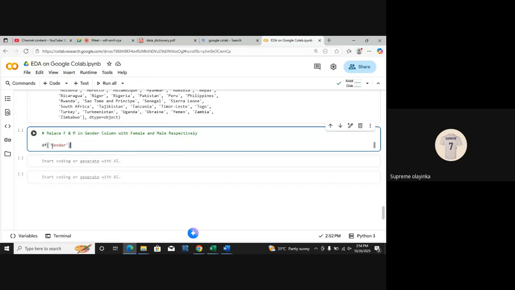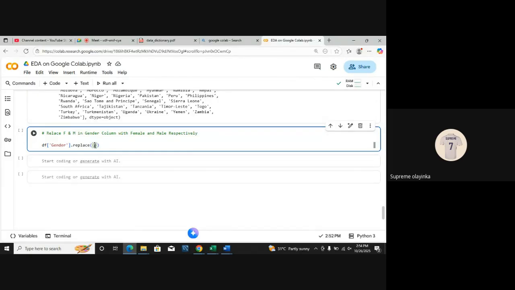Df dot replace. You have to open your bracket, then open your curly bracket. We are trying to clean this particular gender column. Then we want to replace what? It's basically English.